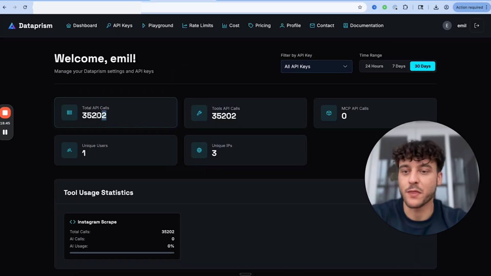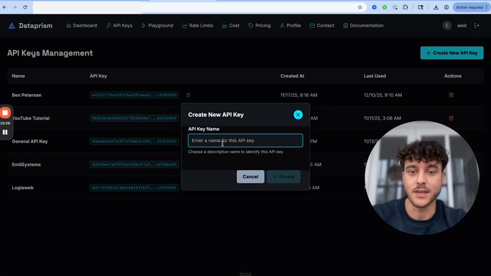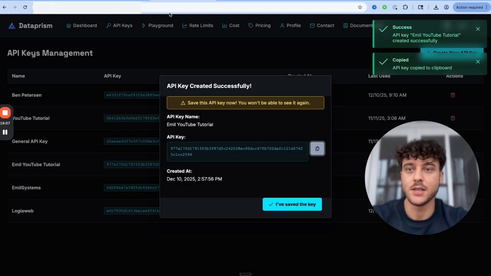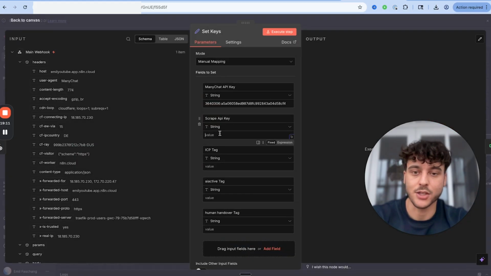As you can see, we've done 35,000 Instagram scrapes in the past 30 days, so we use this tool heavily ourselves. In the API key section, go ahead and click on Create New API Key. Name it however you want. I'm going to name it Emil YouTube Tutorial and click on Create. Then simply copy this key, go back into n8n, go back to the Set Keys section and paste in the